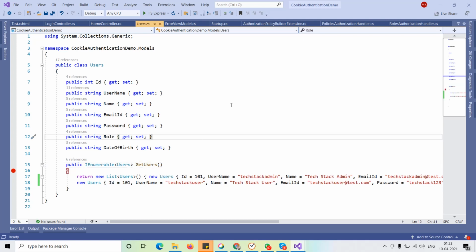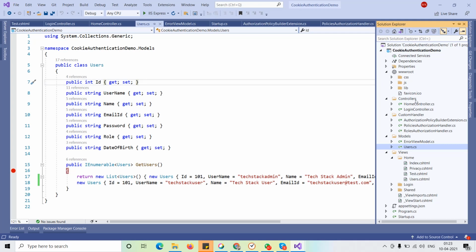I have not used any database here. I just use static lists. You can use this with a database in your project, but I don't need it right now because I'm working on this for demo purposes, so that anyone can implement this in their projects if they are not using Identity authentication. Okay, so this is basically the overview of the models. Now let me go to the controllers and views.